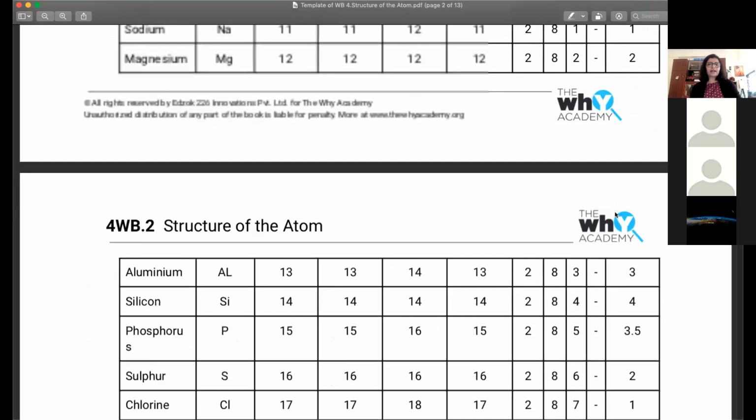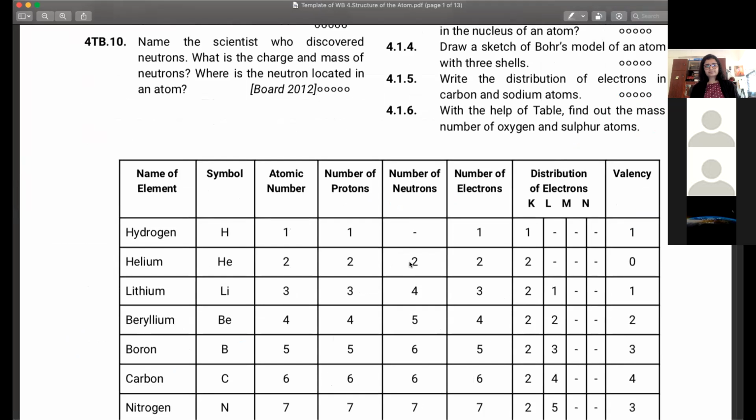What do you mean by valency? From the number of electrons in the atomic system. Samriddhi, go ahead. From the number of electrons an element can give or take. That's a good way to put it. Ashka, what were you saying? Ma'am, number of electrons or protons in the outermost shell. Can protons be in the outermost shell? Ma'am, the number of electrons. Oh, sorry, just electrons.